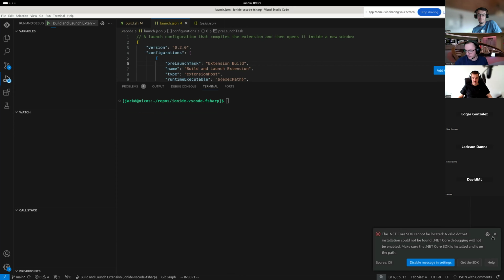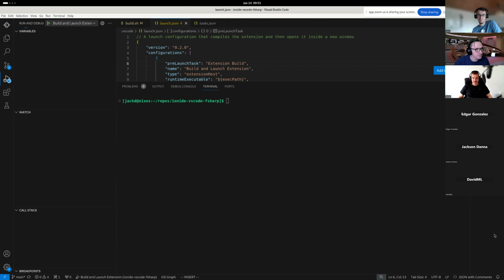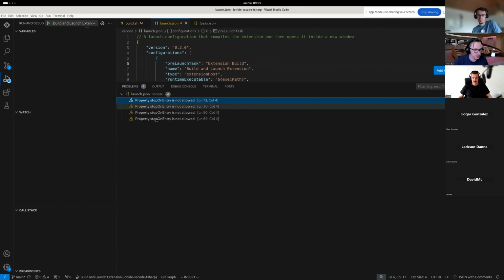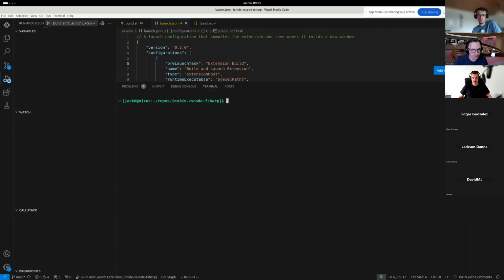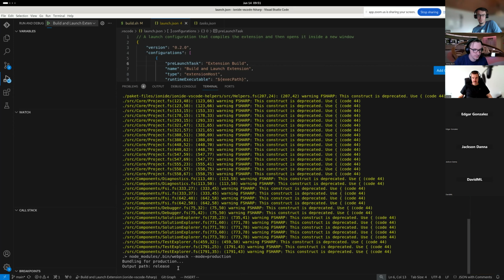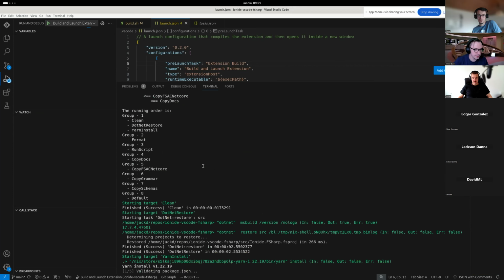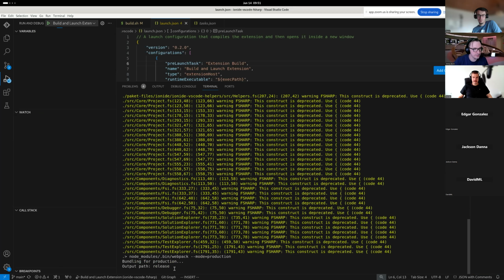Okay, nothing's filled yet. Sometimes, oh yeah, there's that little thing in the terminal. If you go back to terminal, on the right you can see there's the extension being built there. So let that do its thing, and then eventually it should hopefully pop up a new instance of VS Code with our extension installed.